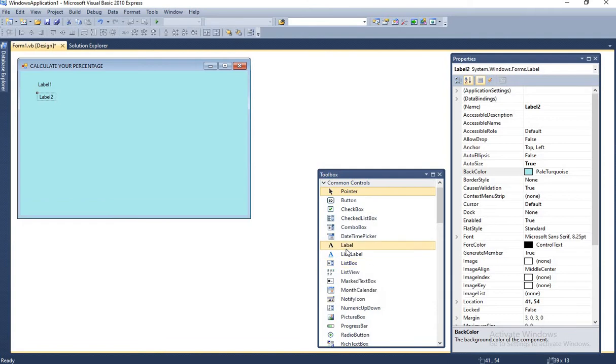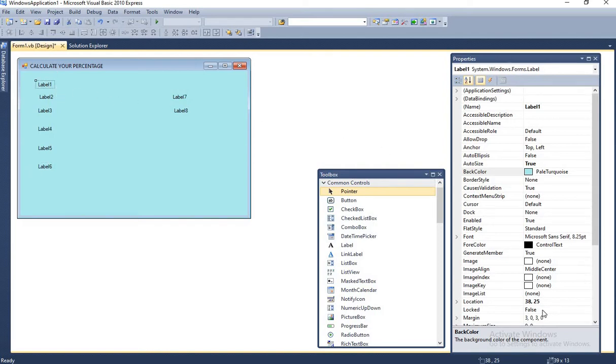This one is the third label, this one the fourth, then the fifth, then the sixth, and then finally one for total and one for percentage. So all the labels are included, and these are placed like this. You can design and place them properly, and now change the properties of these labels.